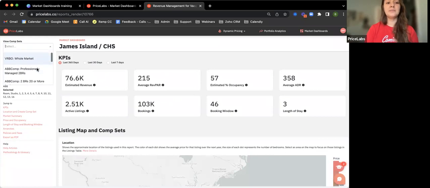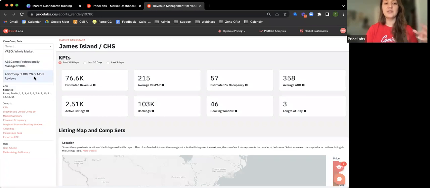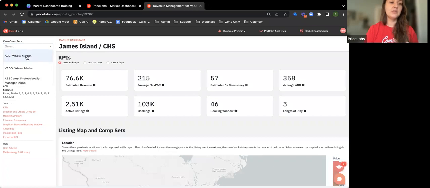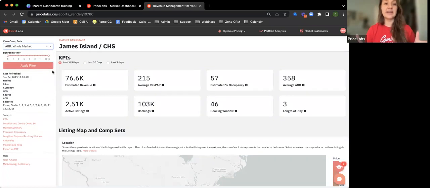If you scroll down here, you're going to see a couple of comp sets that we've actually sort of created for you. So like professionally managed 2 bedrooms with 20 or more reviews, just to sort of get the gears turning on how you might want to create comp sets of your own. And I'll show you how to do that in a second. Now, if you don't want to create a comp set yet, because it takes a little bit of time,